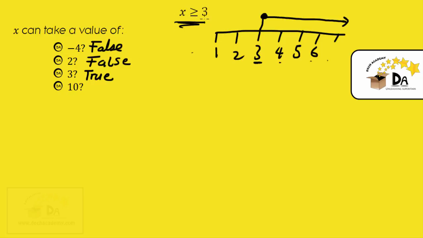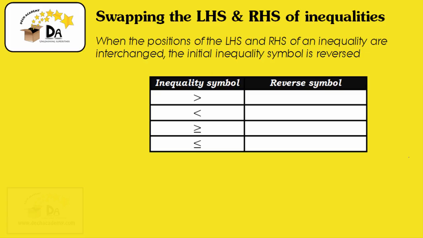Is 10 greater than or equal to 3? Yes, 10 is going to be somewhere here. 10 is in fact greater than 3. So, x can take a value of 10. And we're done. This video deals with an important technique for manipulating